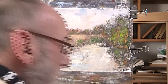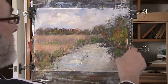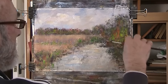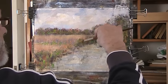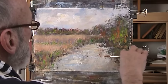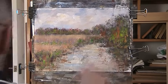Right, let's use this brush here, see what we can do with that. See a bit of orange now. Come into the light. Just dragging. Not high key. That's just catching the high spots there, so let's get some of that in there. And I'll put some of it in there. By the time I got my mauves back,